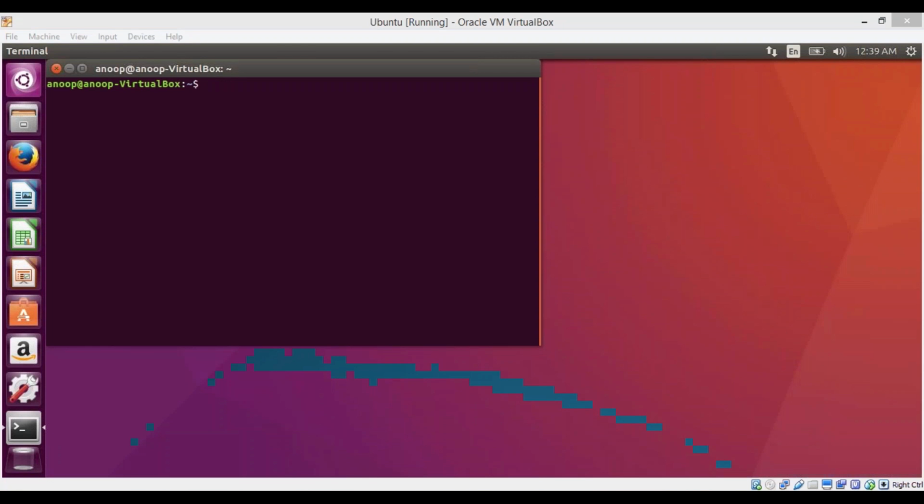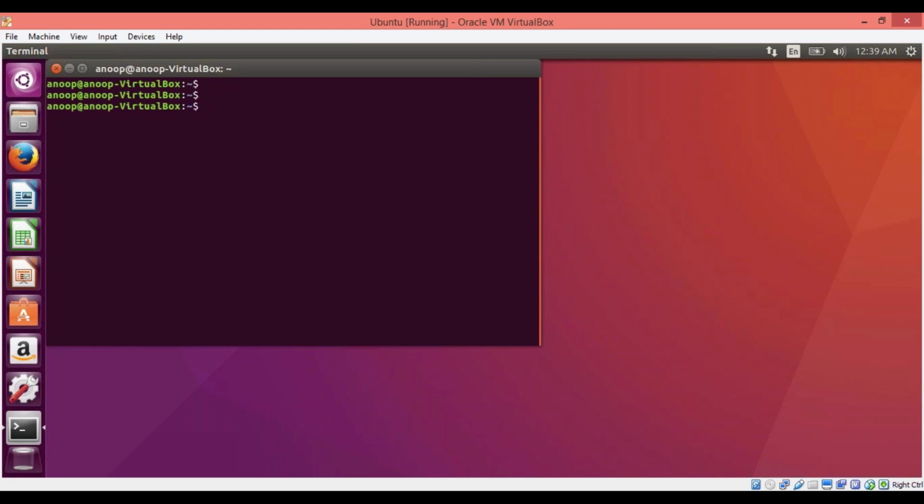We are now on the terminal of the Ubuntu operating system, and this Ubuntu machine is running on Oracle VM VirtualBox. Once you log on to the terminal, by just giving python, it will invoke the Python interpreter in Linux or in any other operating system like Unix or Mac. By just giving python,